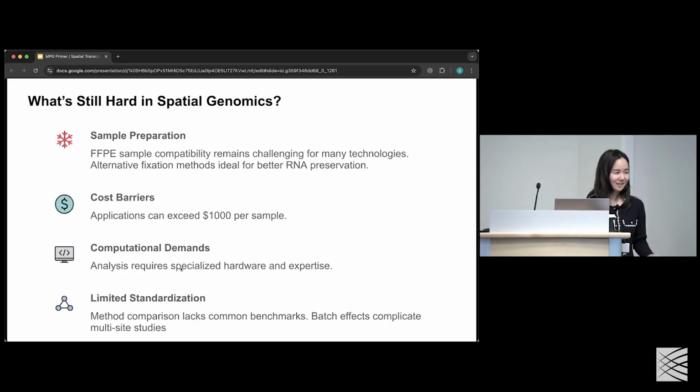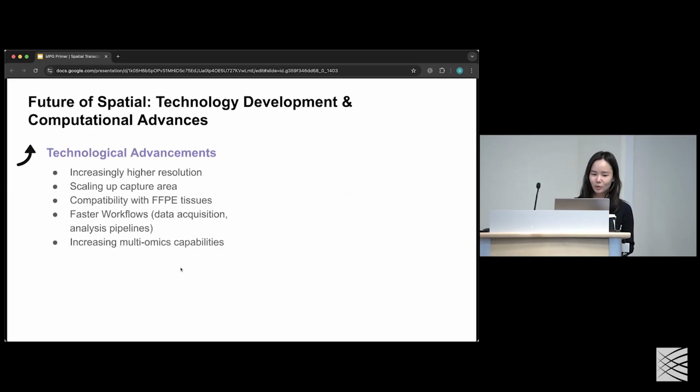And the other thing is, across all of these technologies, there's very little standardization. So in terms of common benchmarks, I think it can be a little bit difficult to really standardize across all the technologies. In terms of what is coming up in the immediate to intermediate term,